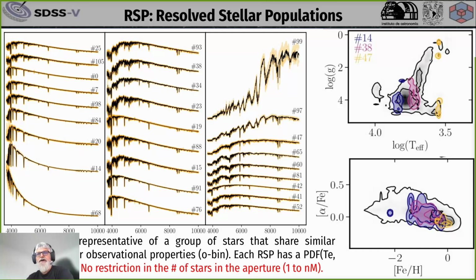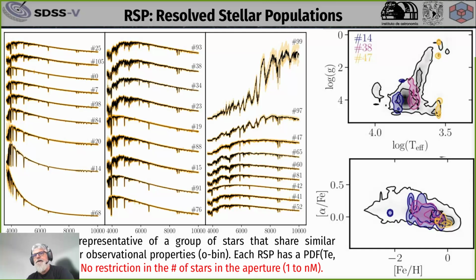And we coadd all these stars that have very similar physical properties within the errors. This reduces the number of stars from several thousands, like 30,000, to, coadding the corresponding spectra, about 1,000 and less than 2,000